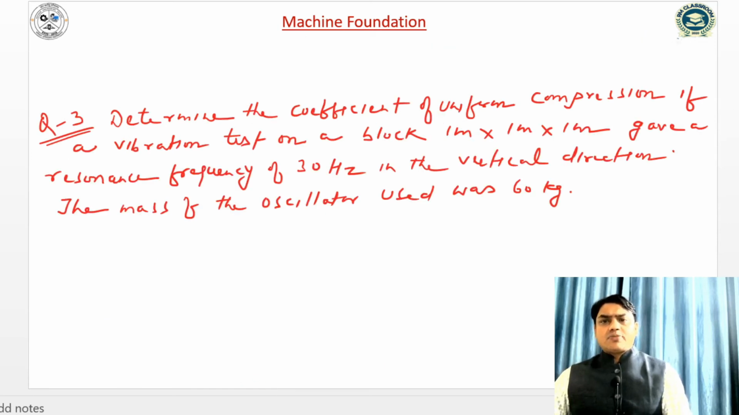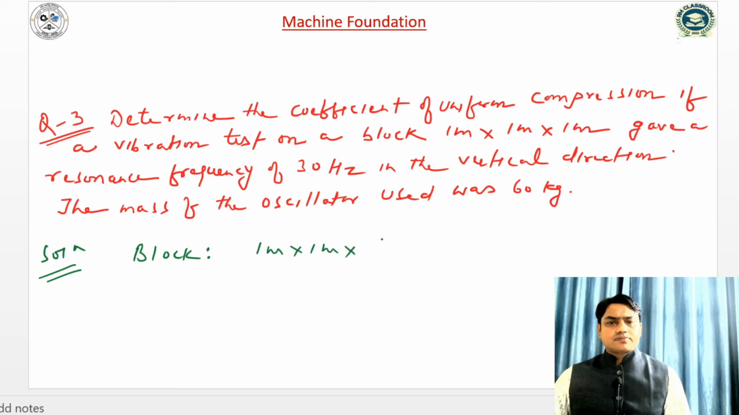Let us take another problem. Determine the coefficient of uniform compression if a vibration test on a block. Block dimension is 1 meter by 1 meter by 1 meter. So if I compute the mass of foundation block, so it will be